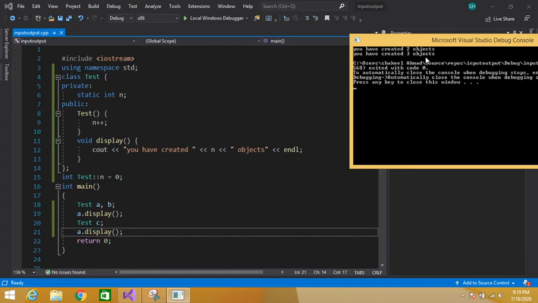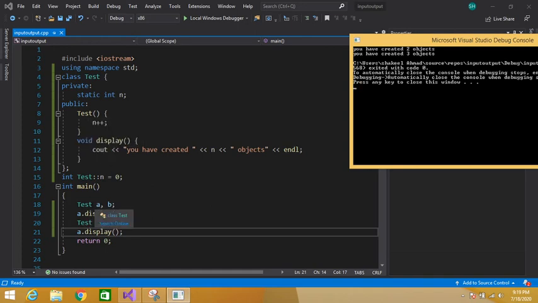How does this program execute? Our program execution always starts from the main function. So in our main function, first I have created two objects of my test class, A and B, and then I have called my display function using object A. So A dot display, the control will directly jump here. N contains 2. Why? Because when we create an instance of our class, our constructor is automatically executed.